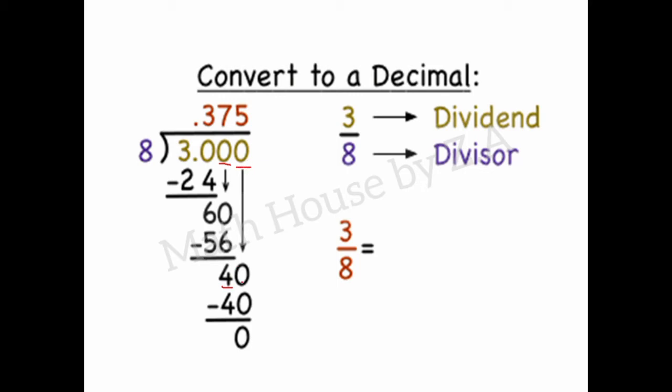Again I can't get a final remainder 0, so again I put one more 0 here and bring it down with 4, and it becomes 40. So now 8 5s are 40 and 40 minus 40 is 0. We reach the 0 remainder. Now our division is complete. So here we get the answer 0.375. Before the point you can put a 0 here. This 0 has no value before the point. So you can see 3 over 8 is a fractional form and its answer is 0.375.